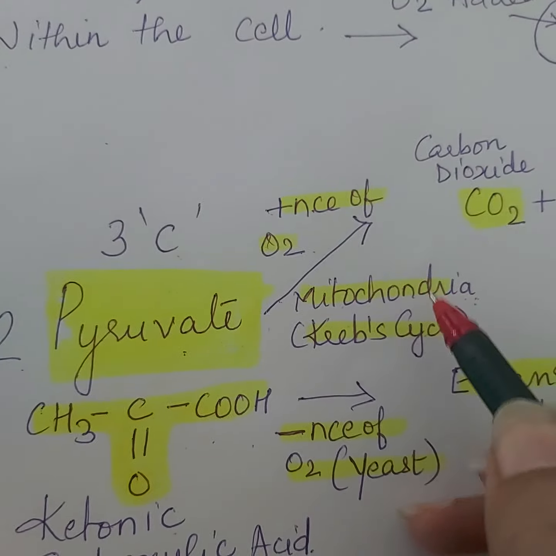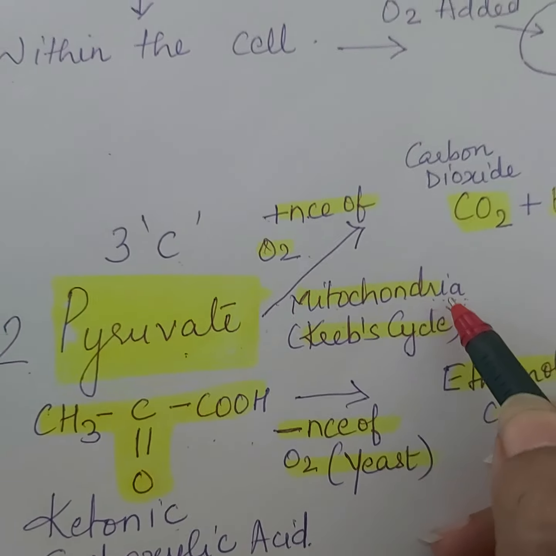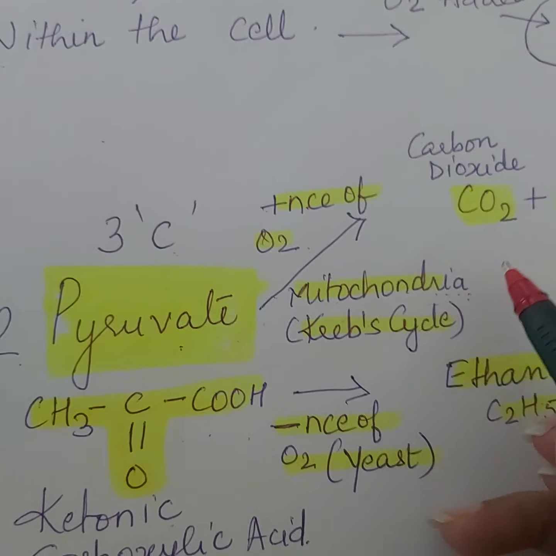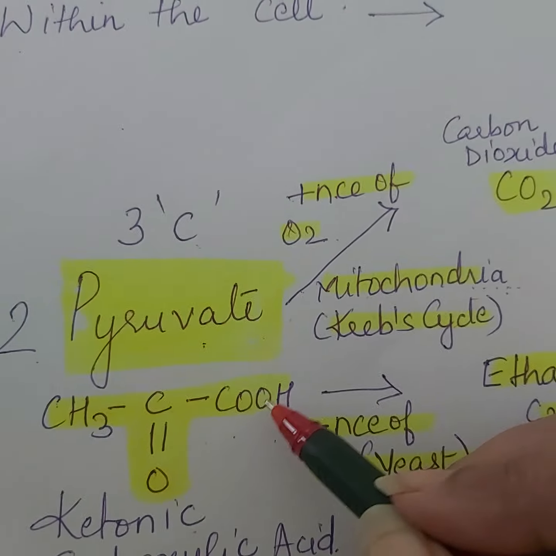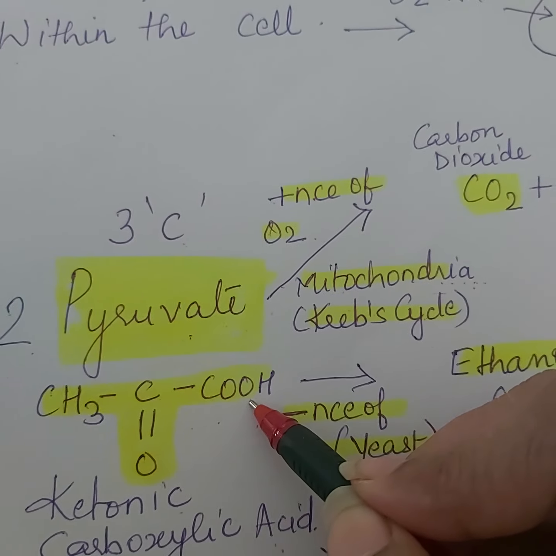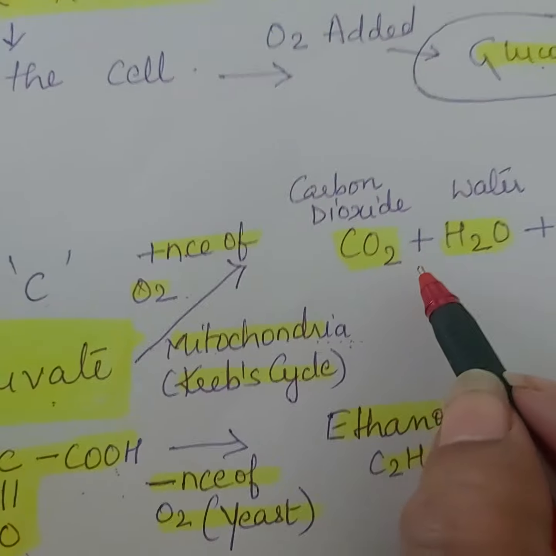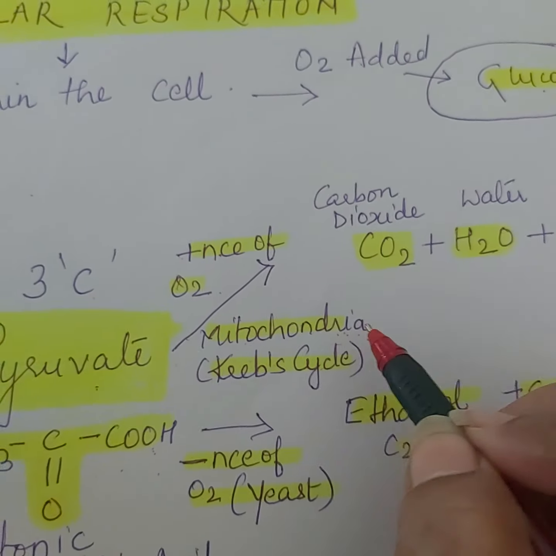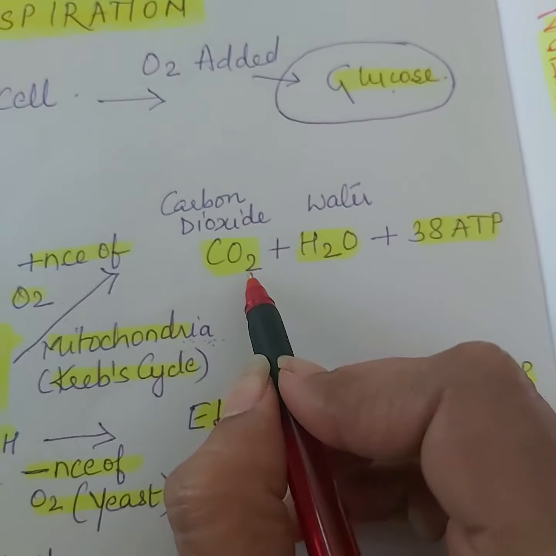That is, this is the organelle which has the enzymes to break down the food and liberate energy, right? So this pyruvate is further completely broken down with the help of the enzymes in the mitochondria,